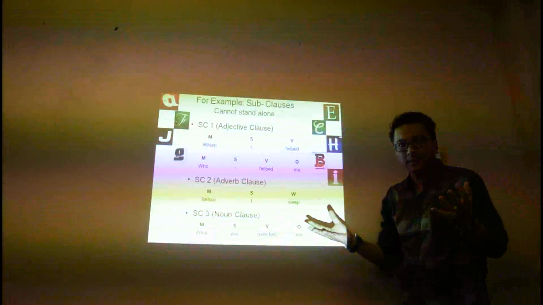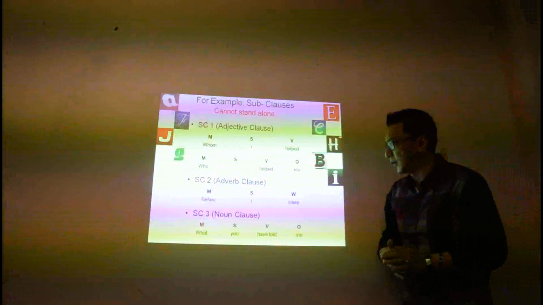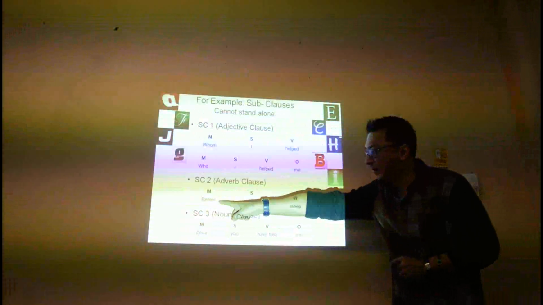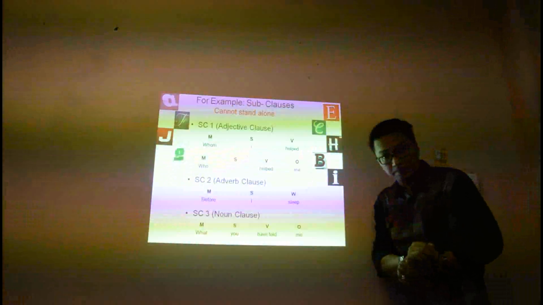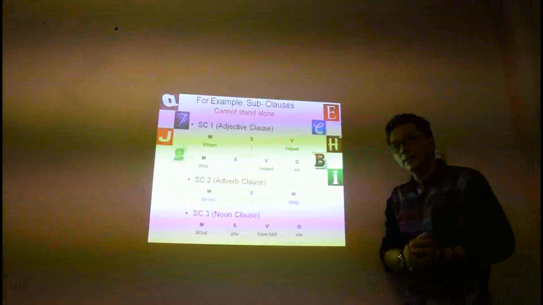Doesn't make sense. Yeah, something's missing here. Information is confusing. So the same thing with the second clause, the second subclause I mean, this is called adverb clause. Now this time you have another different marker here, before. So this is the example, before I sleep. So again, imagine you talk to someone one day and suddenly you say, before I sleep,